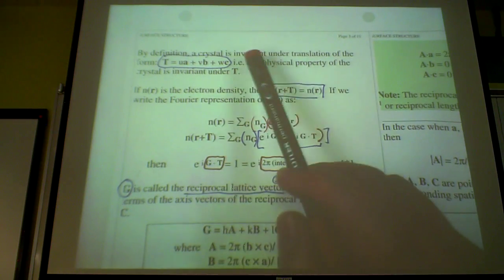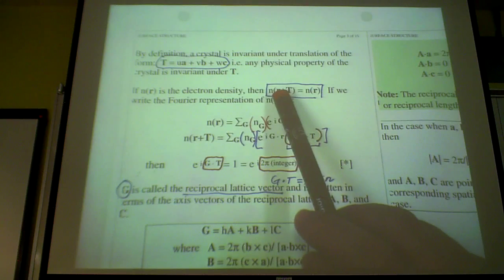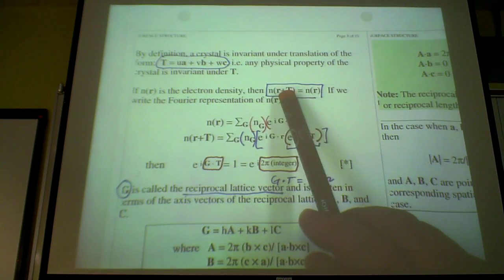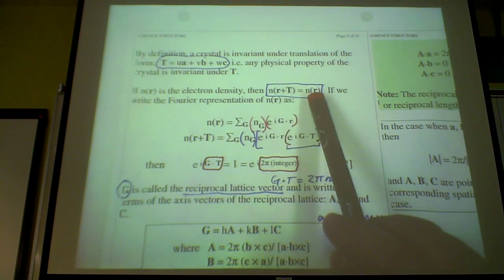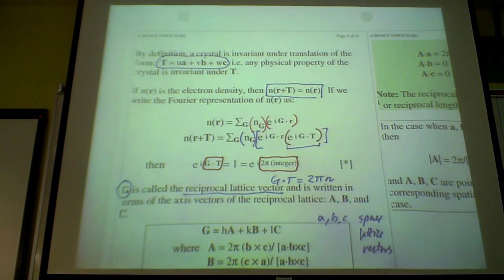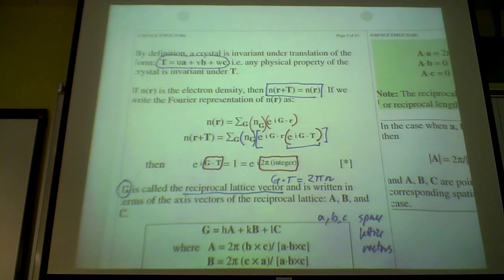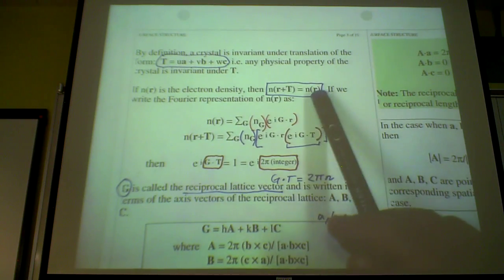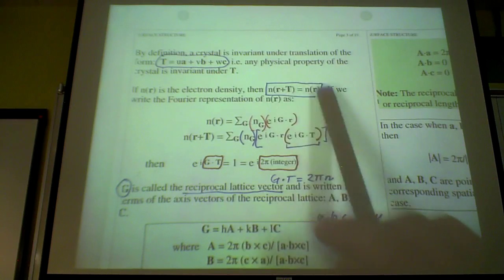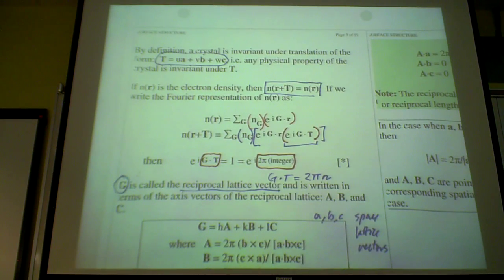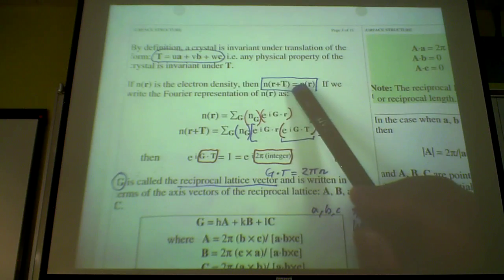Then, according to this, if I shift my r by T, the translation vector, that electron density should be identical to the original point before shifting to another point by this T vector. And that's what it means mathematically, translation symmetry. It should be invariant under translation operation. So that is the key point about a crystal. This defines everything, all the properties you see, right? This translation should be invariant under